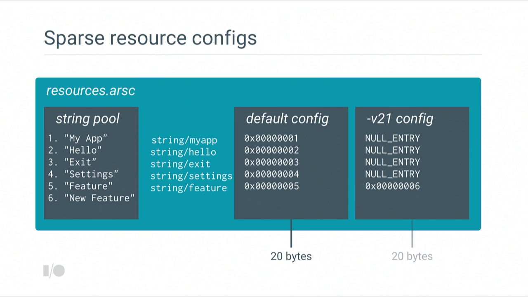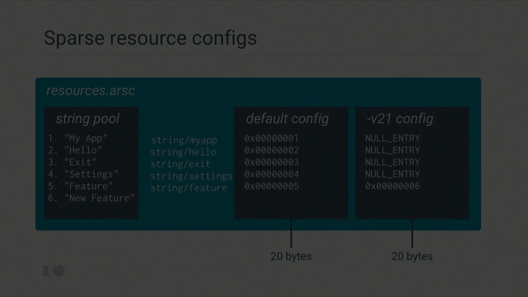But it actually has to keep null entries on all the positions for other strings that you're not using in this config. So you lose a lot of space. It still takes up a lot of space, even though you're just using this to override this one string. And I know these kind of bytes, who cares about bytes? But if you think about that,